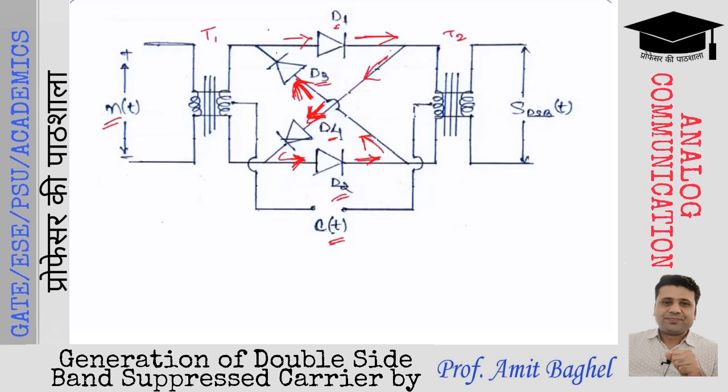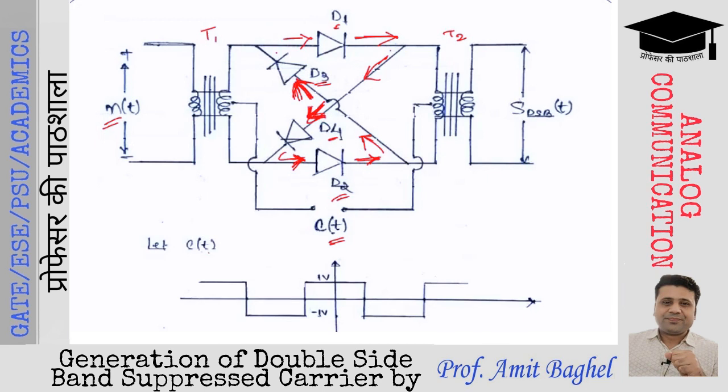c(t), let us observe the c(t) here. c(t) कैसा होना चाहिए? c(t) is not a single frequency signal here. Earlier, we have taken c(t) as Ac cos 2 pi fc t. तो c(t) के पास एक सिंगल फ्रीक्वेंसी होता था which was fc. Here, the c(t) is not a sinusoidal signal, but it is a square waveform. And when we have a non-sinusoidal signal, with the help of the Fourier series, we can convert a non-sinusoidal signal into the sinusoidal one with the fundamental frequency and infinite harmonics of the fundamental frequency.